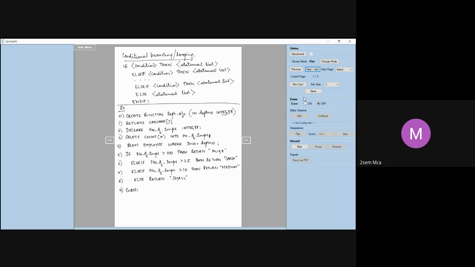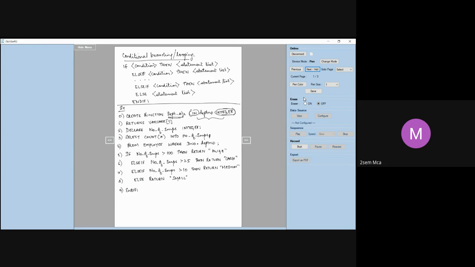We have declared a function. Create function, function name. What is the name of the function? Department size is the name of the function. When you compare it with our syntax, what did we write? Create function, function name, parameter list, is it not? Look at this parameter list here. We have written department number, DEPTNO. Department number is a parameter here. And I told you every parameter should have a parameter type and a parameter mode, correct? So what is the data type of this parameter? It is nothing but integer. So it is going to be an integer parameter. What is the mode? It is in. In means input parameter, right?